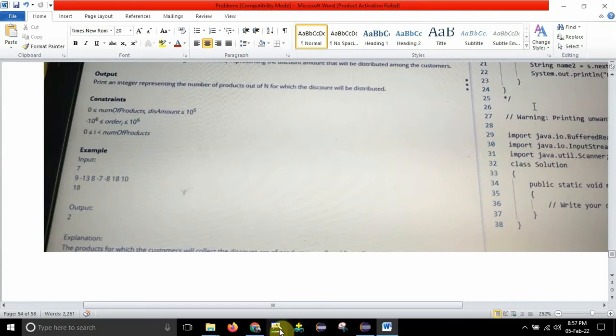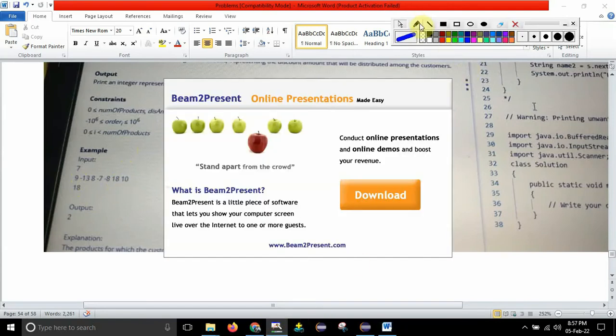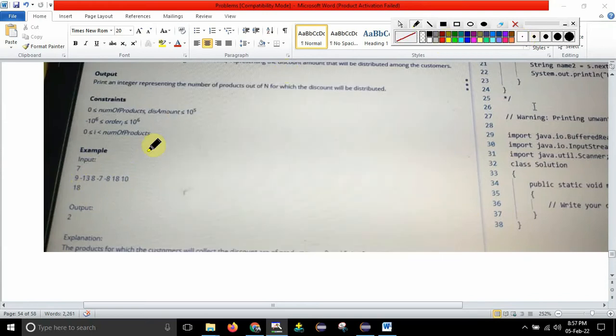Fine. So what I am trying to say, I will just show you over here. I'll write two lines so that you can understand. First take 18, after that divide it by 9. It is completely divisible, so its remainder is 0. This is one condition true. After that 13 is negative, don't consider. 8 is there. If I do 18 by 8, it is not completely divisible, so don't consider this one. Again 7 skip, 8 skip because it is not a positive number.